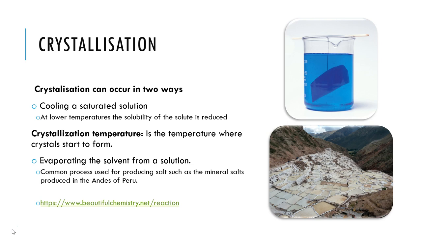So crystallization is where we start to see crystals or solids form in a solution. Generally, these are ionic, and remembering that ionic compounds have a crystalline lattice, they will form crystalline solids. We can form crystals from a solution in two ways. One is to cool a saturated solution, remembering that a saturated solution contains the maximum amount of solute at a specific temperature,